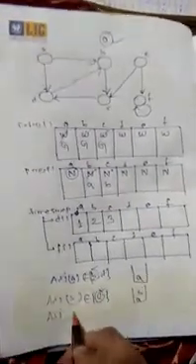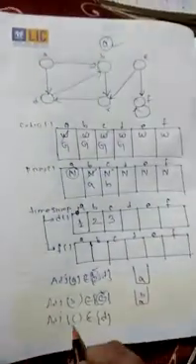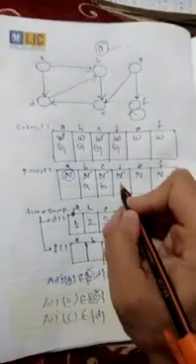Next, we have to consider C. Calculate the adjacent of C. What is the adjacent of C? C goes to D, so D is the adjacent of C. D is discovered, which means its color is gray. D is discovered by C, so the predecessor of D is C. So what time will D be discovered?